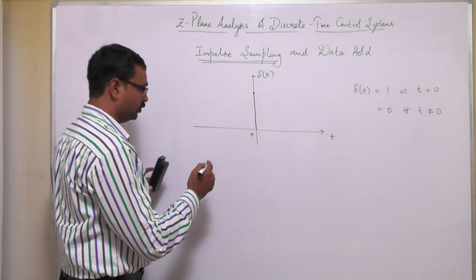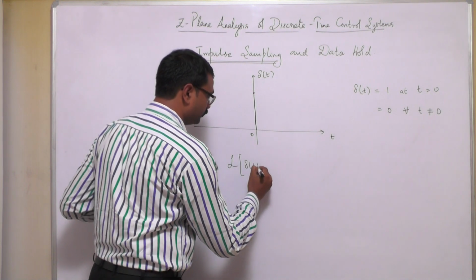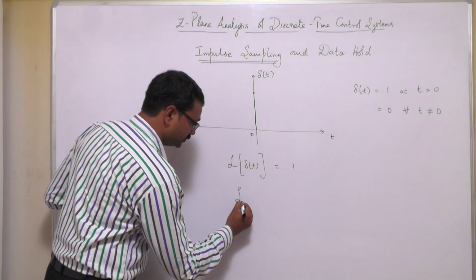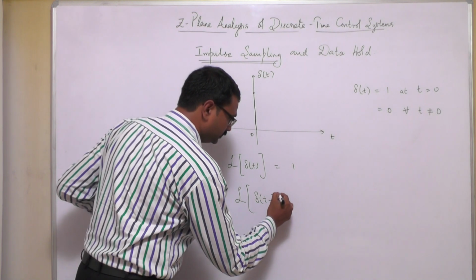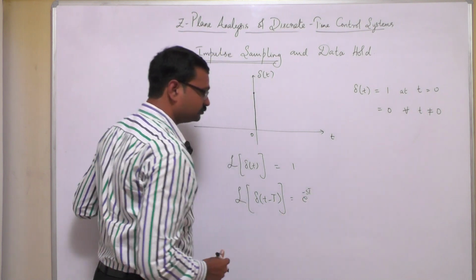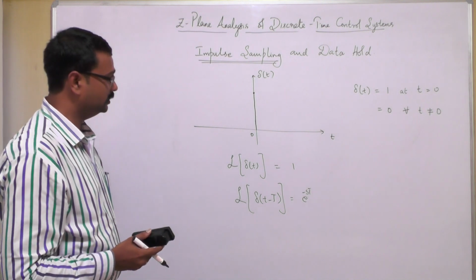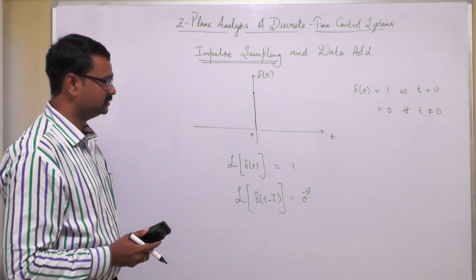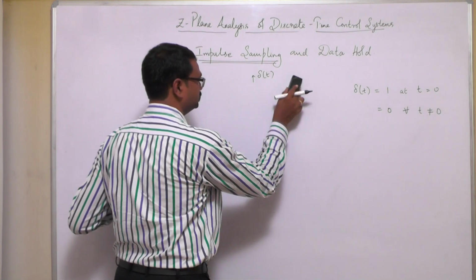So for this, what is the Laplace transform of delta of t? We know that it is equal to 1, for an impulse function, and the Laplace transform of delta of t minus T is e power minus sT into 1. We already know about Laplace transforms in dealing with impulse signals. Therefore, keeping this in mind, we can try to understand Z transforms